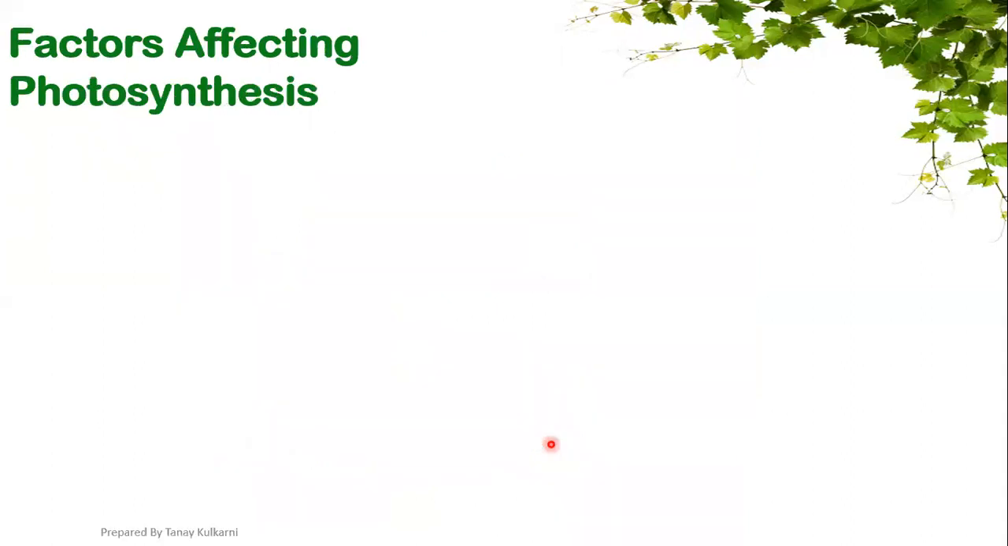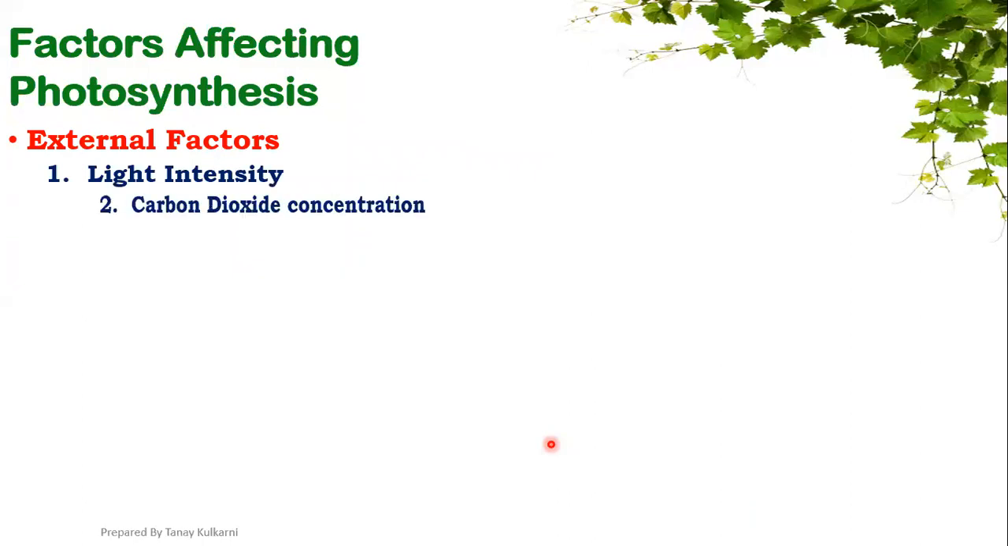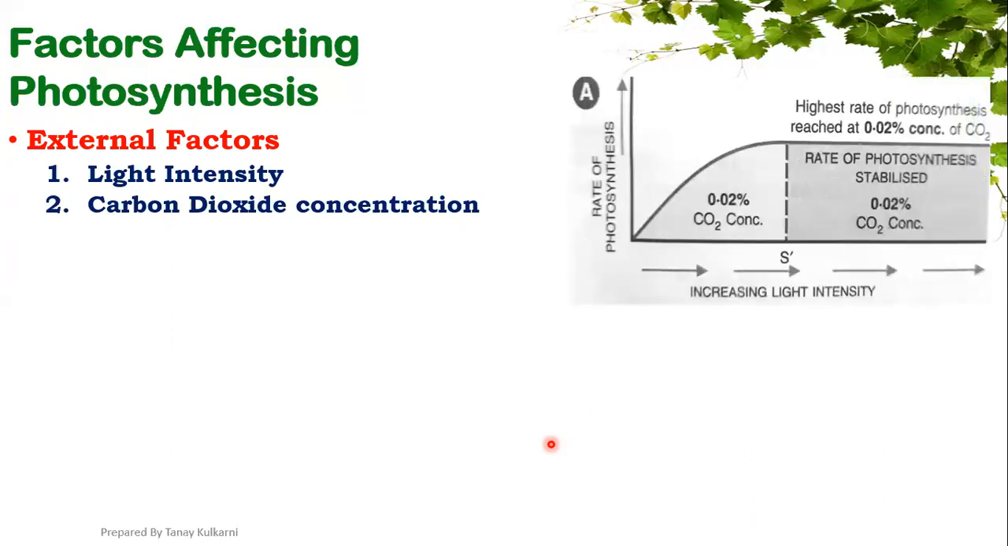There are certain factors which affect photosynthesis. Number one, external factors, include light intensity and carbon dioxide concentration. Please remember these two factors, they are interlinked. We can say that the rate of photosynthesis will increase with the light intensity. To some extent it is true, as you can see in this picture. Photosynthesis will increase with the light intensity up to a certain limit only. And when it gets stabilized,